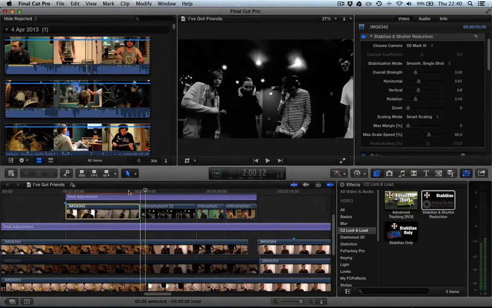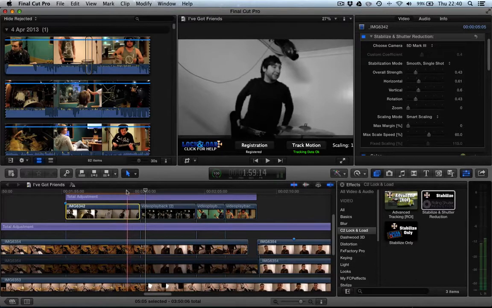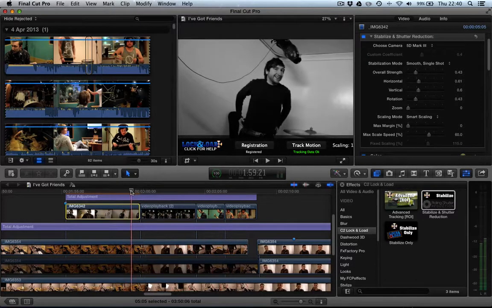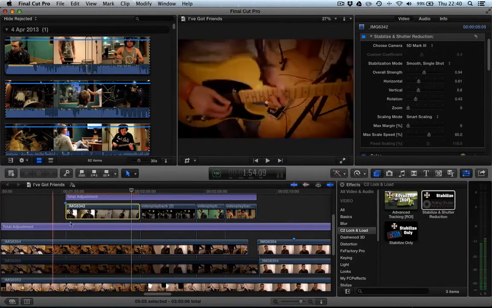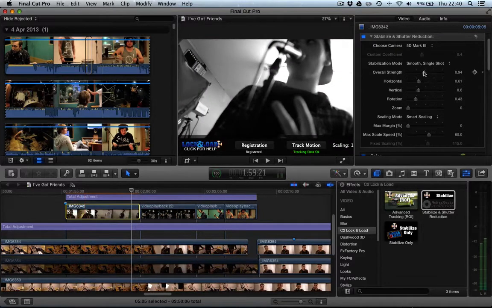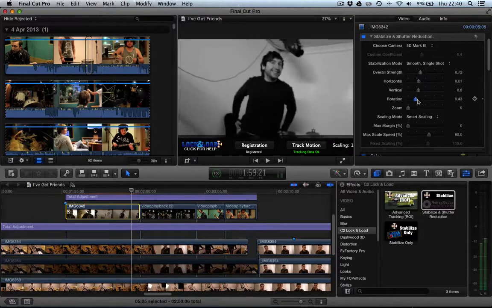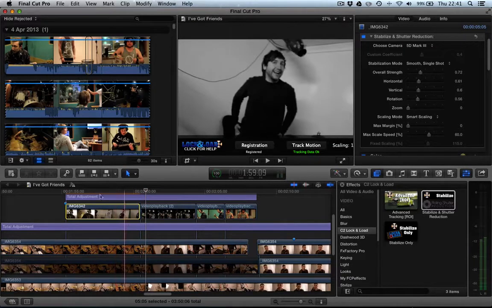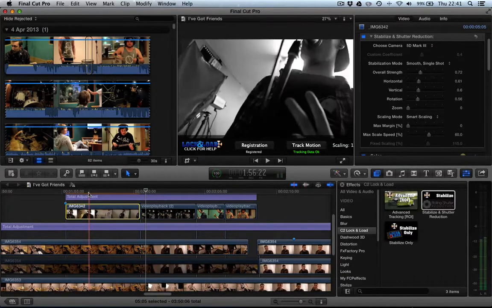And you can see, especially towards the end of that clip, when we have this last guy, a lot of the movement has been killed. What I might do is pump the strength back up since we knocked down this stuff. Let's bring the strength, bring the rotation smoothness out, because rotation was one of our biggest enemies. And there you go, you can start to see that we're creating much more stable shots